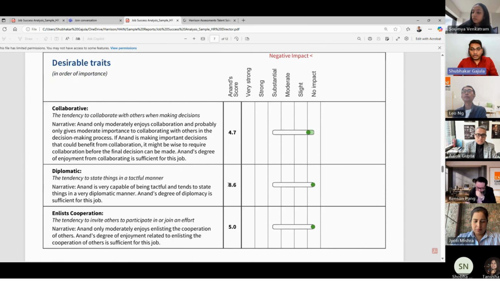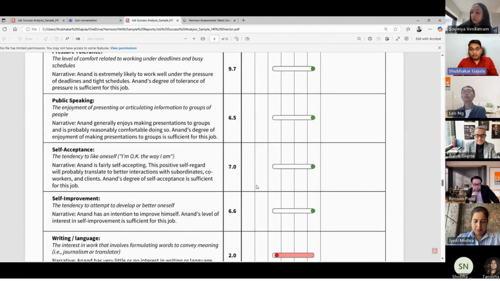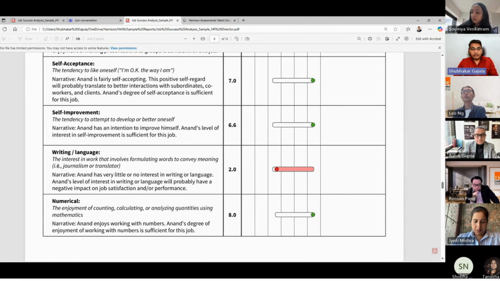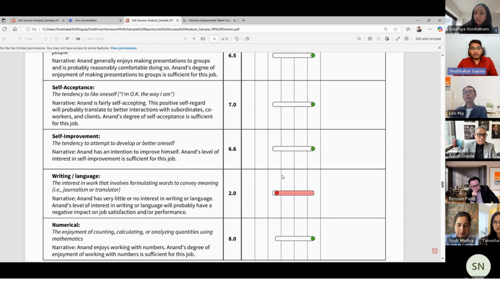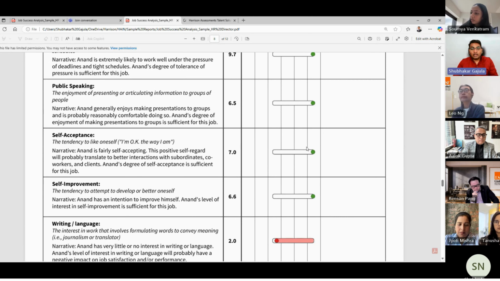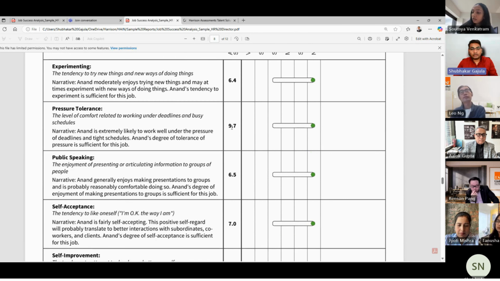So if I'm having a score of 8.6, 5, or 4.7, it's not pulling my performance down. But here, for example, for writing language, the expectation may be a 6 or a 5 or a 4, depending on the formula, but I only have a 2. Because of this lack of preference for writing language, when I'm required to use it, that's going to have a substantial negative impact on the job. So for desirable traits, the simple formula is having a high preference. Like here, pressure tolerance 9.7,